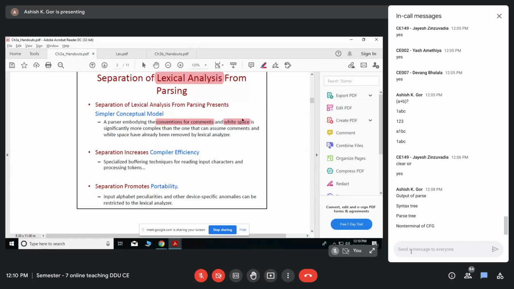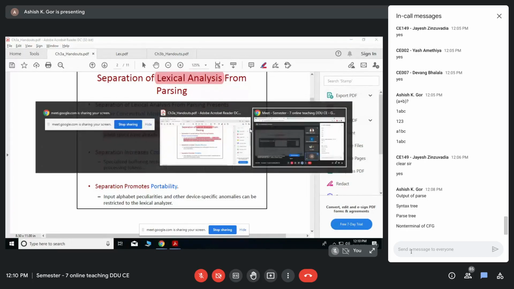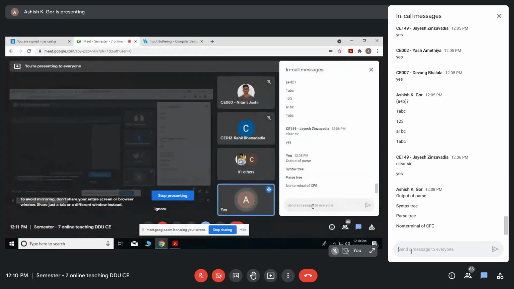These are the tasks of the lexical analyzer. Assume that it is also done by the parser because it is combined. Then it will increase the complexity. Rather than one burden of just checking syntax according to grammar, it has the additional burden of removing the comments and white spaces.